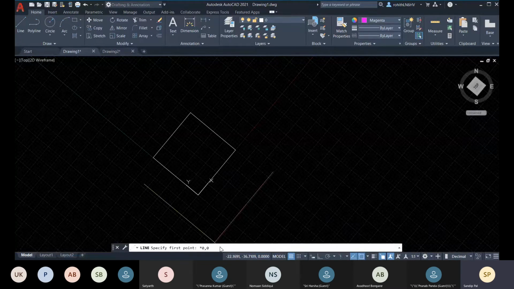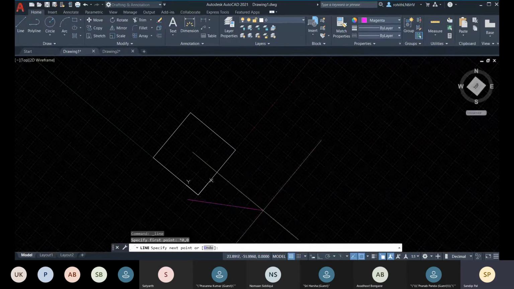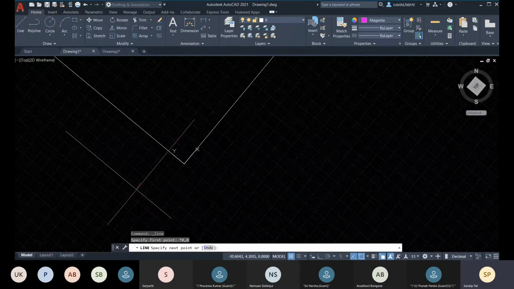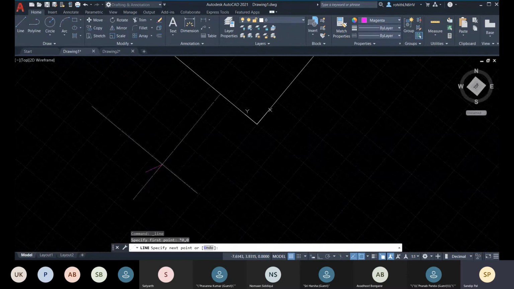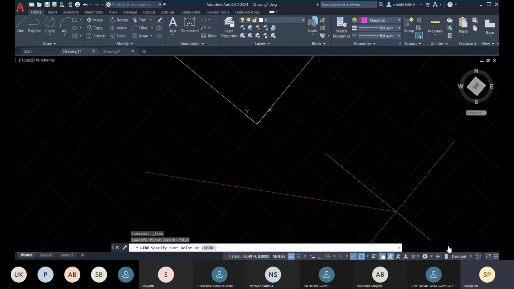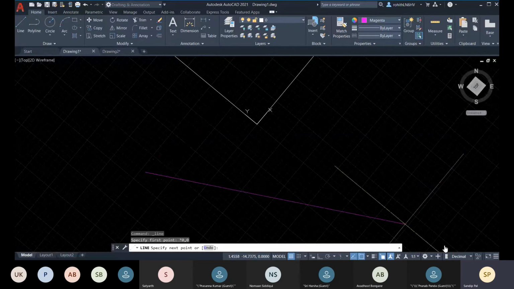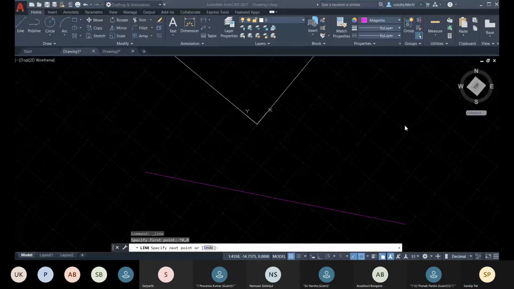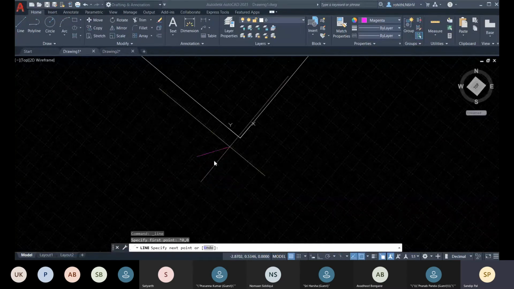The value will be taken as per WCS. So before 0 comma 0 you press star, and press enter. Now you can see it is created. The line started from here. This is the WCS origin.